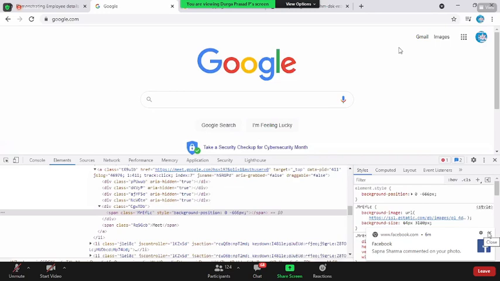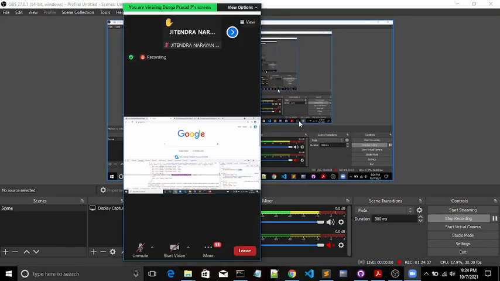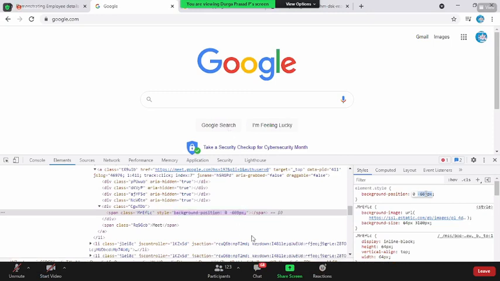If you click on the up arrow, it will increase. If you click on the down arrow, it will decrease. Just use the up and down arrow: inspect the element and click on the position. Now if you see, I'm clicking on the position. When I'm pressing the up arrow, see, the increment is happening. When I'm pressing the down arrow, the decrement is happening. That's it.